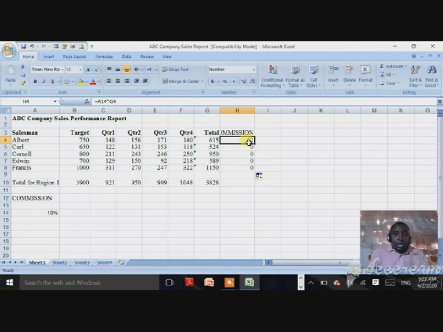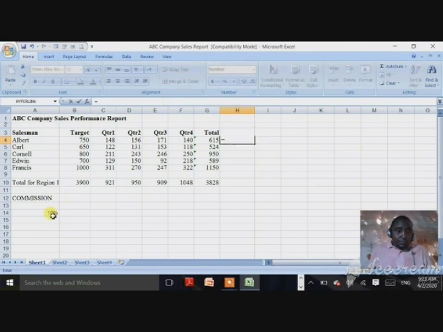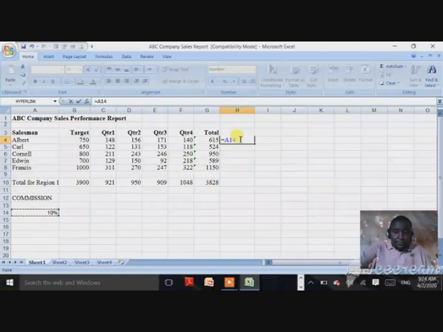So I want to delete this one. I will delete this formula, go back again, and do it again. What I want to do is equal to times G4. So when I'm here, this is